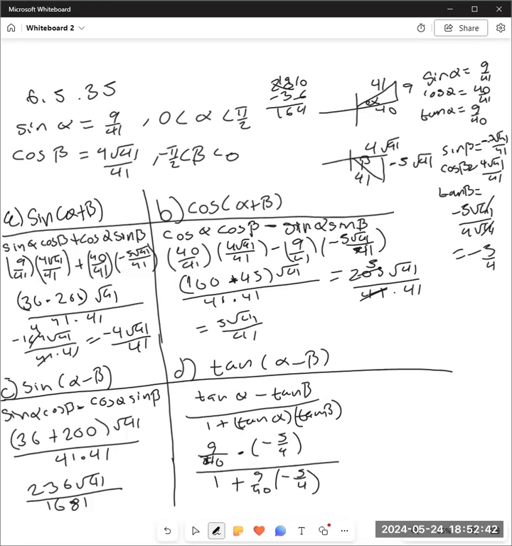Make a common denominator here of 40 by multiplying by 10 over 10. Make a common denominator here by multiplying by 160 over 160. So that's going to be 9 plus 50 is 59 over 40, divided by, and then this is